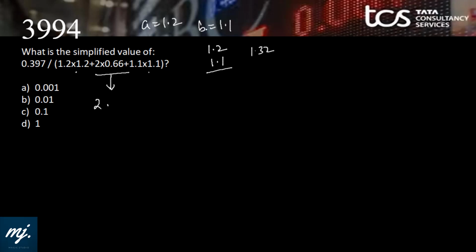Okay, so this is just AB, because 0.66 into 2 would be 1.32. So we have A square plus AB plus B square in the denominator, and in the numerator we have